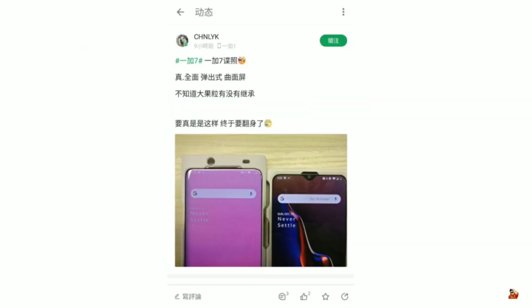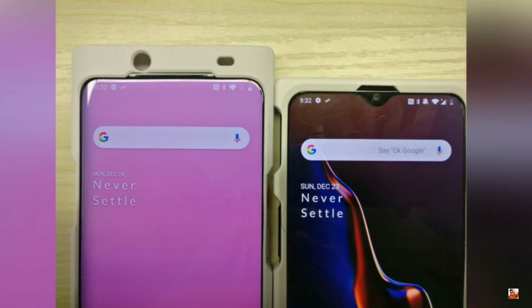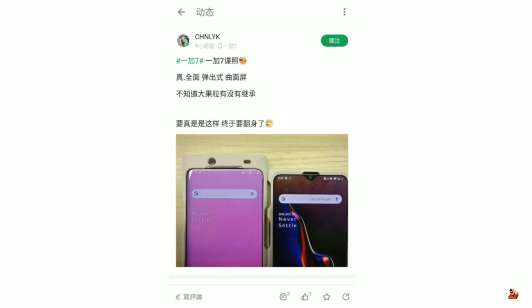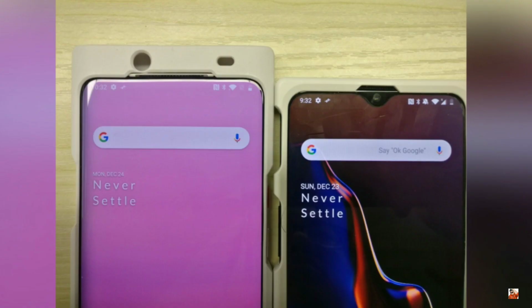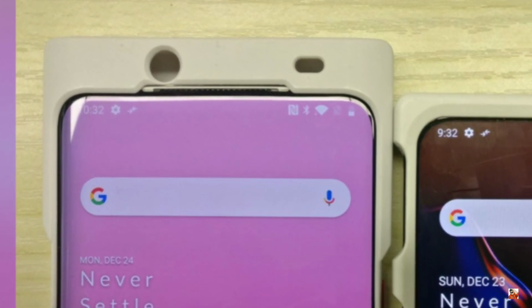The picture comes out of China, and as you can see, we have a never seen OnePlus device alongside the 6T. Most of the leakers believe that this should be the OnePlus 7 in an anti-leak case. This information seems to be true, as an alert slider is placed on the right side of this phone. Also, there's currently no smartphone with such a long earpiece. If you just look at that earpiece, you'll come to know about the top bezel, which appears to be a